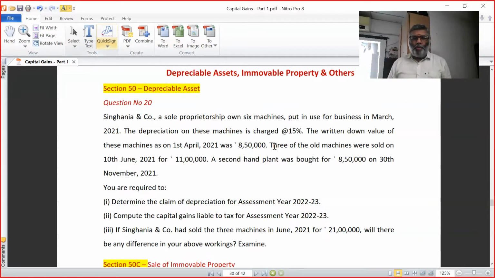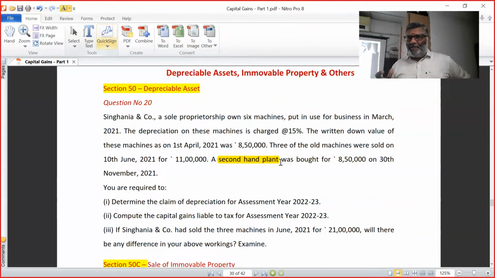Sinhania and Co., a sole proprietorship firm, owns 6 machines put into use in the business in March 21. The depreciation on these machines is charged at 15%. The written down value as on 1st April is 8,50,000. 3 of the old machines were sold for 11 lakh, and a second hand machinery was purchased, because the purpose is understanding